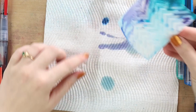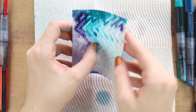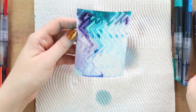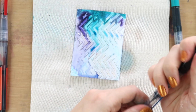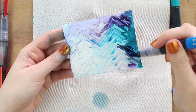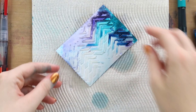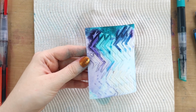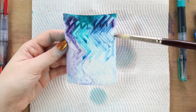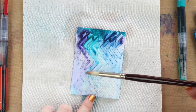Like so, and it's good to have the paper towel here to catch the other bits. Now, I could have put gesso on here first, which would have probably helped, just because I'm using a lot of water here, but you live and you learn. I'm just going to add a little bit more over here. You could also just use a wet paintbrush to help guide where you would like it to go, but I think that looks